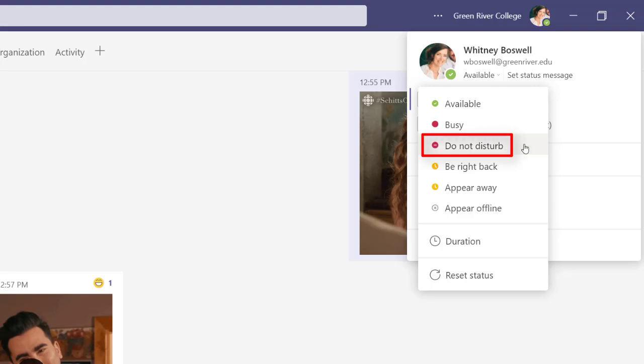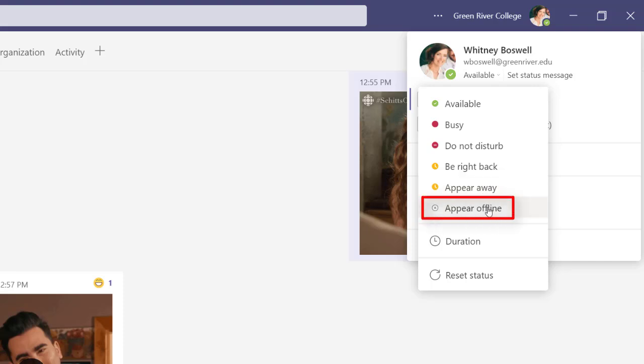The next that is automatic is Do Not Disturb. This shows when you are sharing your screen in Teams, and it actually makes it so you don't get any notifications from Teams while you're sharing your screen. The next that's automatic is Appear Away. Now, Away shows automatically after 5 minutes of inactivity within the Teams application. So if you're not actively using Teams, although maybe you're actively using other programs, so your computer isn't idle, but after 5 minutes of not using Teams, you appear as away.